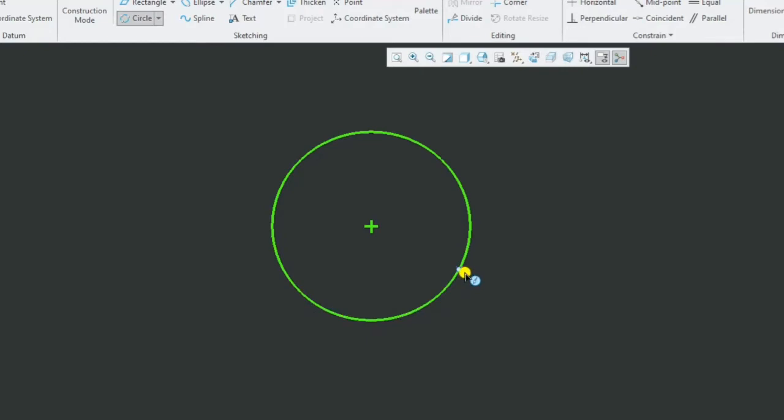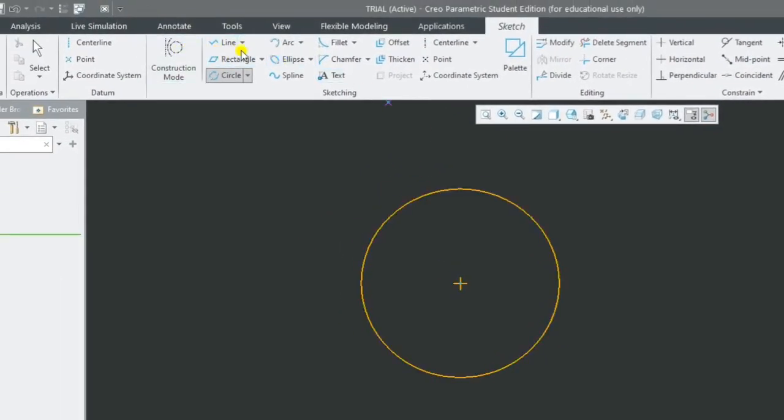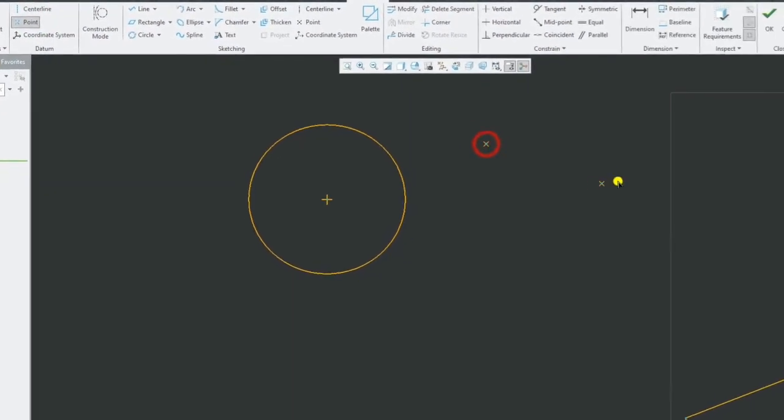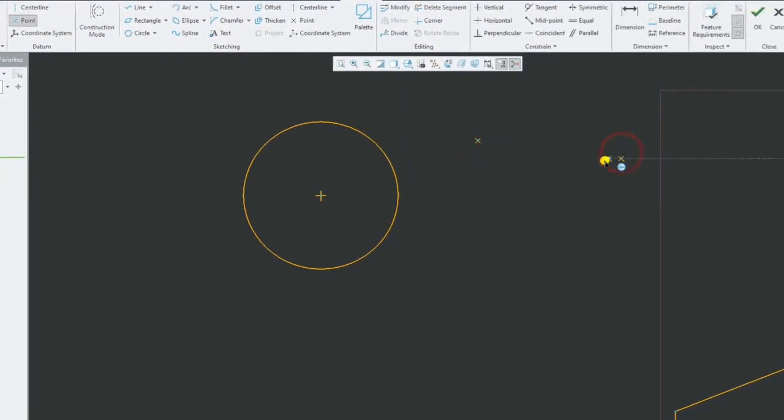These types of circles are very important when we are in the corners or when we know 2 points. Let us say we have 2 points, one here and one here. Now, joining these 2 points, I want to make a circle. At that time, we can go for the points. First point I can select, and second point I can select, and make a circle. This is how we do it. This we call 3-point circle.